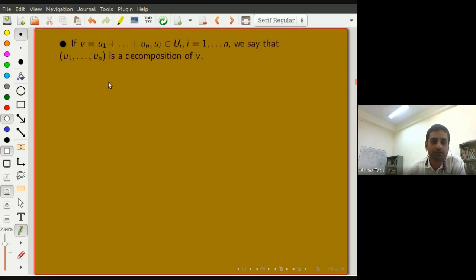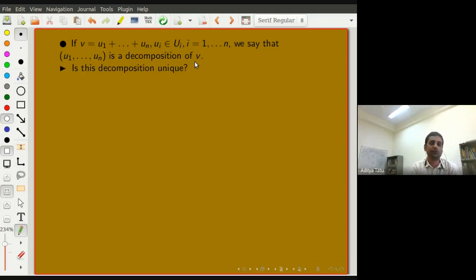Right. So if I can write a vector v as a sum of n elements, where each element comes from the corresponding subspace, in that case we write this n-tuple of vectors and say that this is a decomposition of the vector v. It's just a new terminology. We can decompose it into its constituent parts. You can think of it that way. All right. The question then is